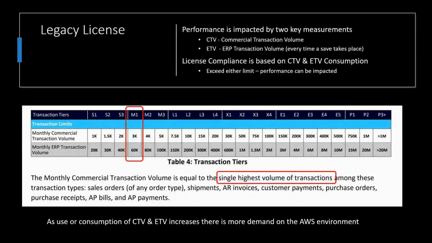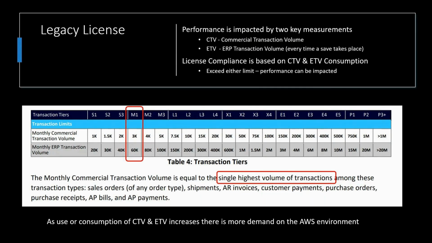The best thing to do is to take a look at the legacy license and understand what made that up. Performance in the SaaS environment is impacted by two key components, CTVs and ETVs. Many of you have had this conversation with our teams before, but commercial transaction volume is identified as those transactions you're putting into the system.